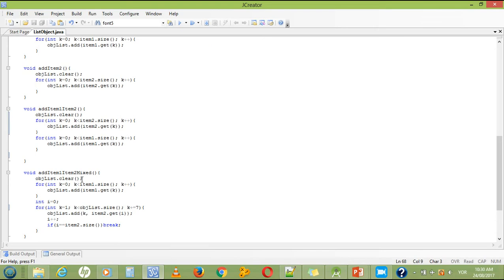The first thing I did was to clear all the items in object list. Then I add all the item 1 items to object list. After that, I declare a local variable called I to check if my item 2 items have not been executed. So using a for loop, starting from k is equals to 1. Please pay particular attention to this point. I start from k is equals to 1, not k is equals to 0 here,